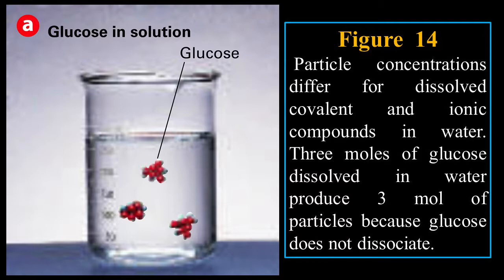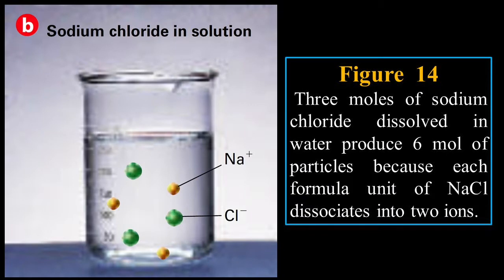3 moles of glucose dissolved in water produce 3 moles of particles because glucose does not dissociate. So that is A for figure 14. It's glucose does not dissociate. It dissolves, but it does not dissociate, but it does dissolve. 3 moles of sodium chloride dissolved in water produce 6 moles of particles because each formula unit of sodium chloride